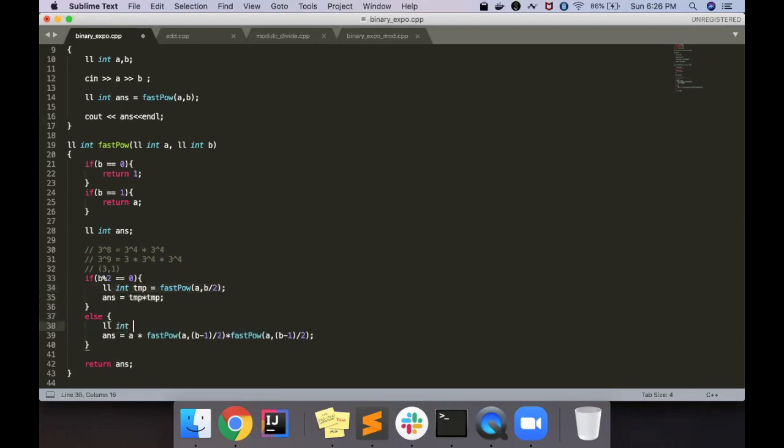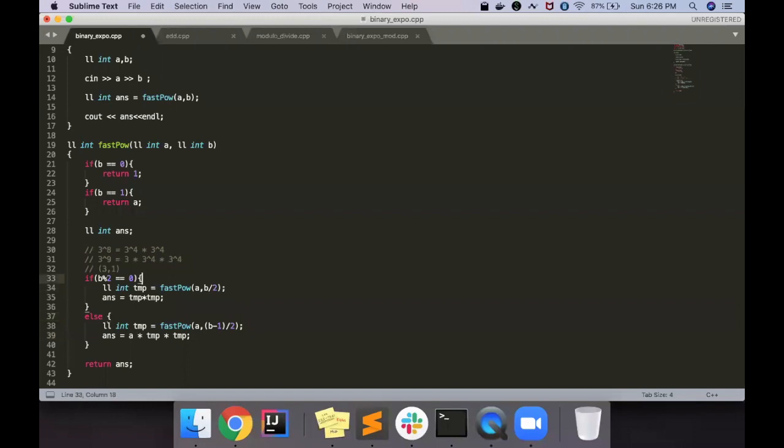Now again here also what we can do is I'll just copy this, because here also I'm repeating things, and it will be b minus 1 by 2. Brackets are complete, and I can directly write it here into temp. So nothing, I just optimized my code by removing one extra function call.